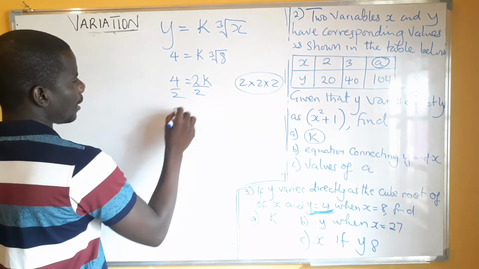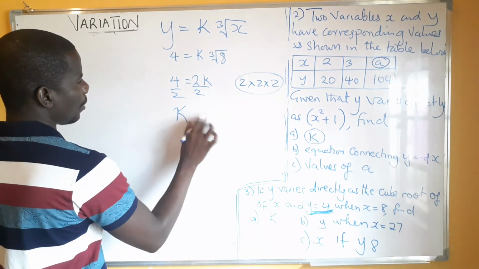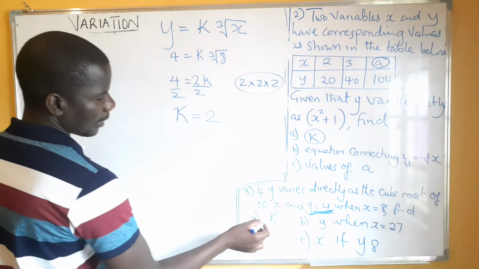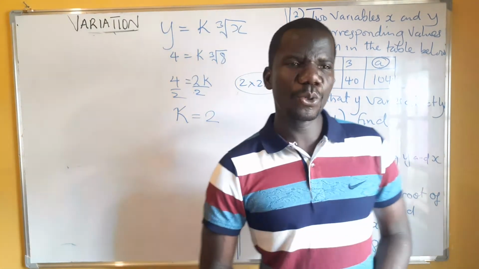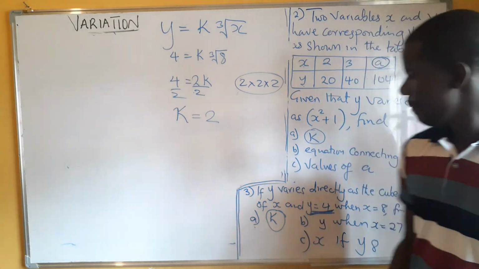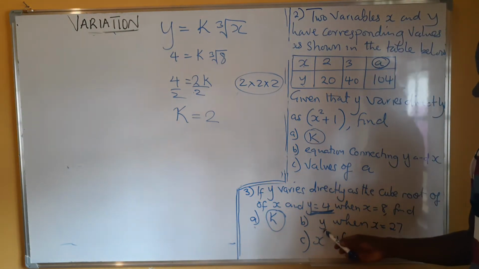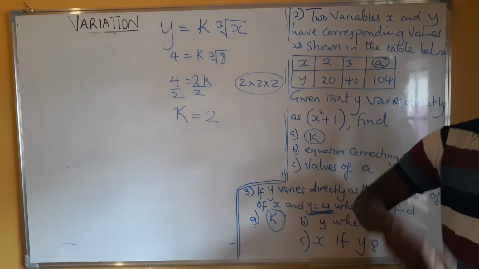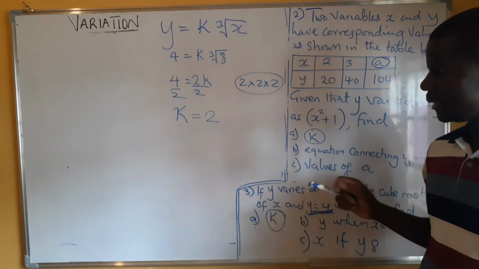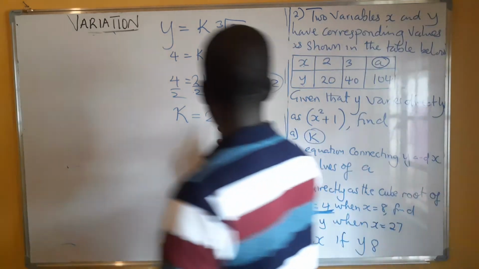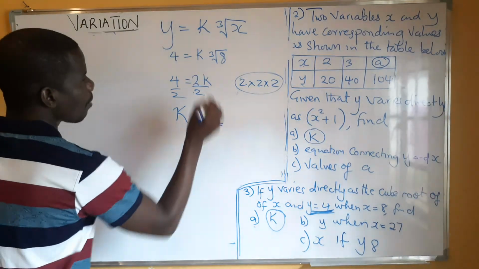So k is equal to 2. Sometimes in the exam, they may not ask you to find the value of k, but they'll ask you to find y when this and that. It is a must to find the value of k because we need to use it in the equation. Now, in this case, after we have found this, the equation that we're going to be using will be y is equal to